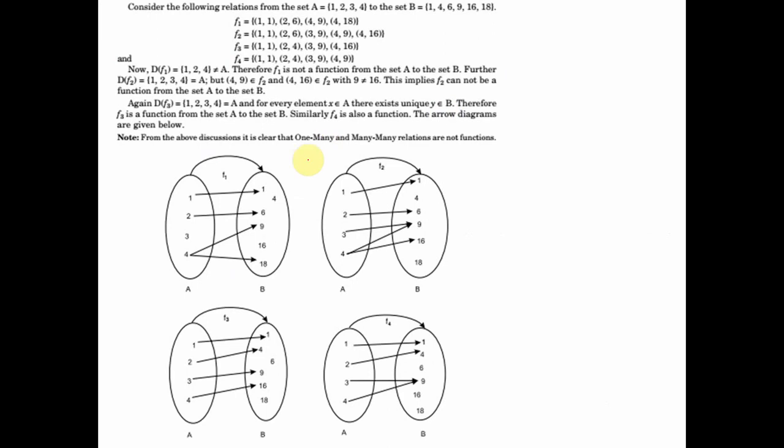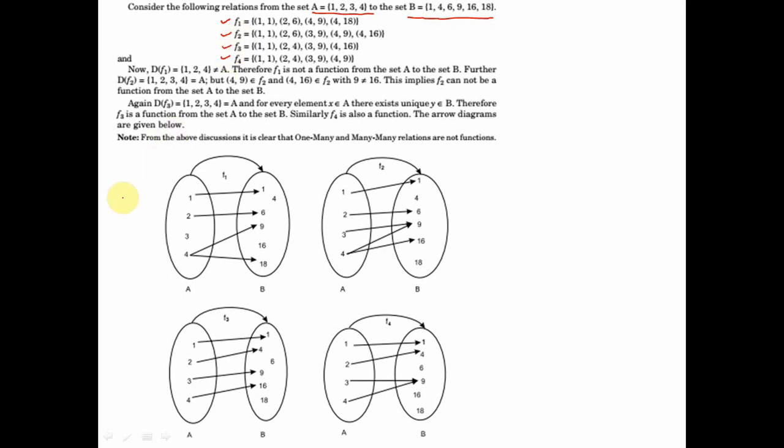Let's see another example. And this will show us an easier way to identify what is a function and what is not, if the sets and the pairs are limited in number. Say for example, I have A is equal to 1, 2, 3, 4 and B is equal to 1, 4, 6, 9, 16, 18. Now, as I said earlier, a function is usually represented with the help of an arrow diagram. Now I have shown you 4 mappings, F1, F2, F3 and F4. Now we have to identify which of them is a function and which of them is not.